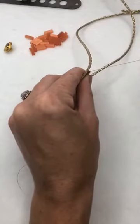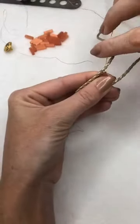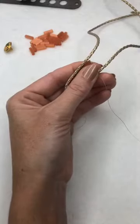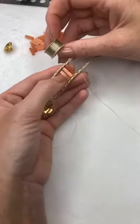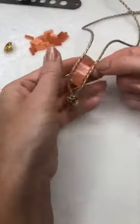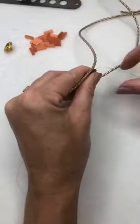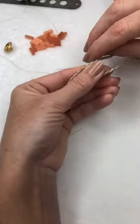Cheryl says, I disappeared to place my order, so might have missed what thread is best for this. So you want a strong sewing thread. Now I'm using, I think it's a D. Where is my thread? From some of my weaving kits that Kitty has brought to you before. So I'm just using this because I'm actually going to triple reinforce this. So although you might think it's not going to hold into place, by the time we're finished with it, these beads aren't going to go anywhere. I found that it was the best because we've got so many different colours of them that you will be able to...